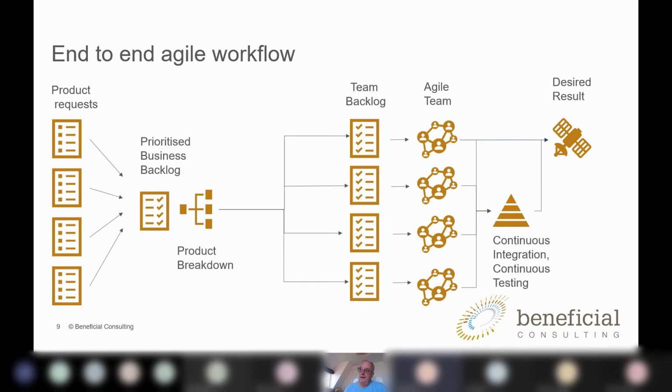I have done, when I was working with TK Maxx, I had that problem. Basically, a bit like what you just said, John, where they got a product owner from the business who hadn't had any experience or exposure to what a PO does.